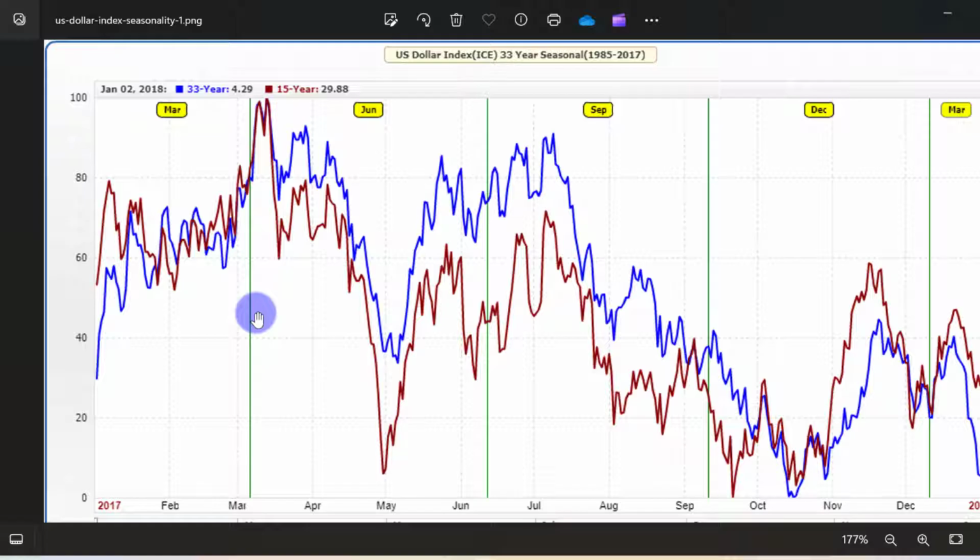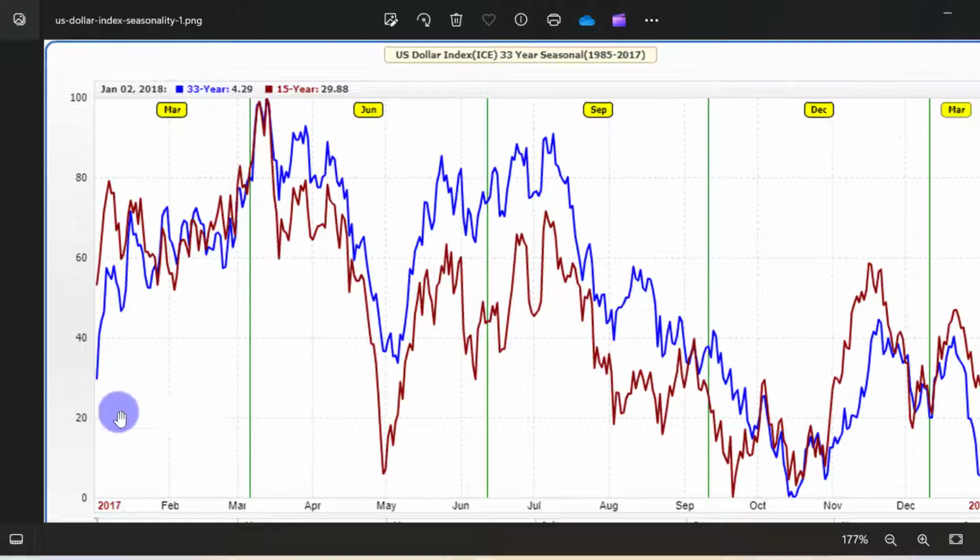All right, so currently we are looking at the March contract for the dollar, and you can see that on the March contract, the dollar is actually bullish. The dollar will first pause at some level of accumulation or consolidation, and then push a little bit up going into the June contract. Remember, March contract, June contract, September and December contract.